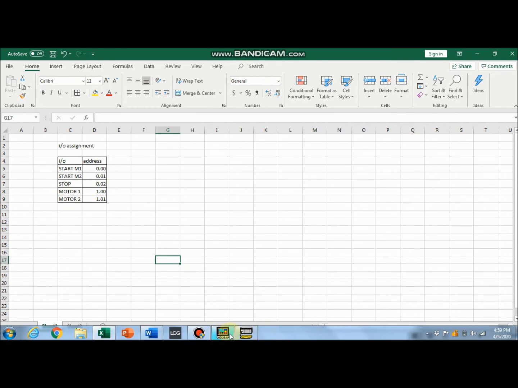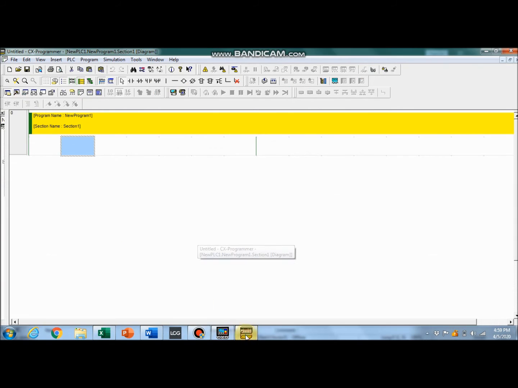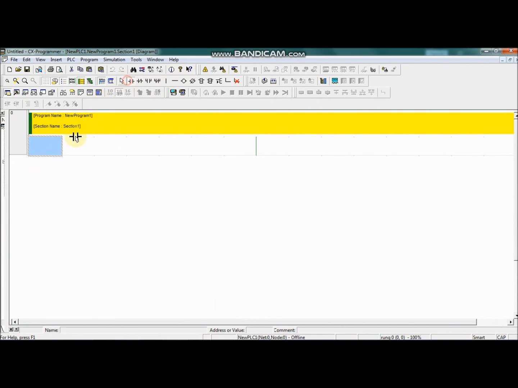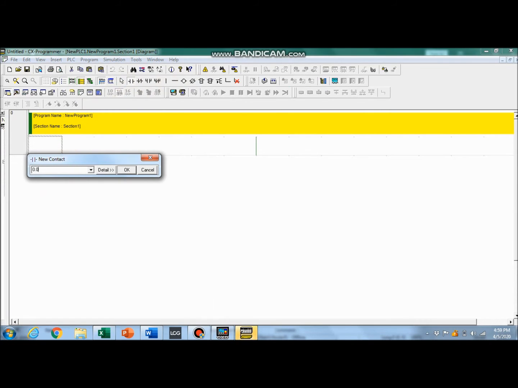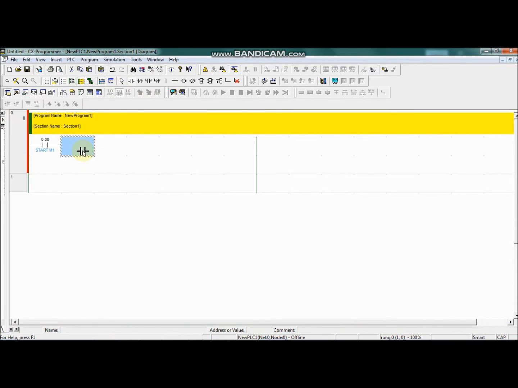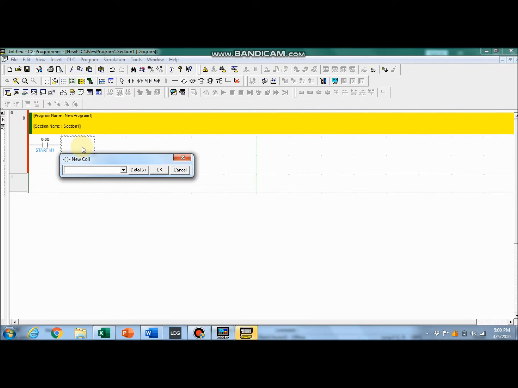So we do the ladder diagram. We have 0.00 for start M1, which will trigger the 1.0 motor 1.